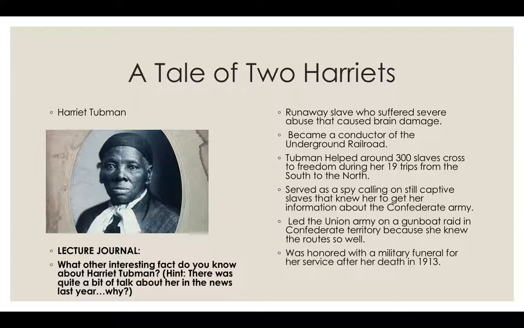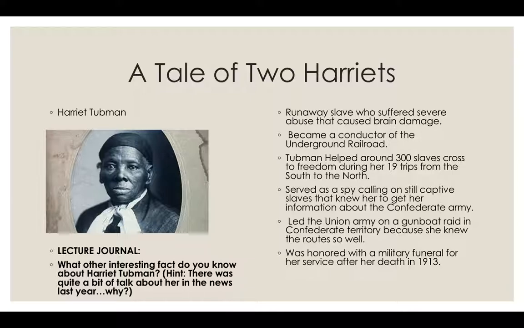Now, I want you to think for a moment. If you were to have escaped a burning building, after you escaped, there is a good chance that the police and the firemen would have set up a barrier so that you could not run back into the burning building to save belongings or pets or even people because the danger would be too great. In fact, after having come through such a horrible experience of escaping a burning building, you might not have the courage or the desire or even the ability to run back into the burning building to save someone else. Harriet Tubman did just that.